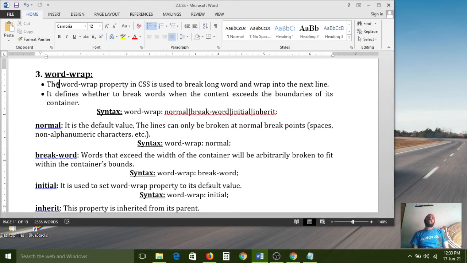If you have a large sentence, it crosses the boundary. Whatever width you have defined, and after that you declare a border, the text content crosses that border because of the large sentence. For example, "G Pullareddy Degree and PG College" is a large sentence. If in your CSS you define the width property as 150 pixels,